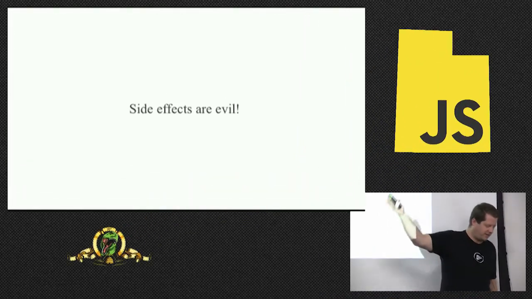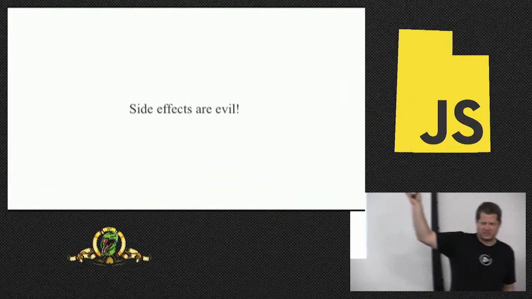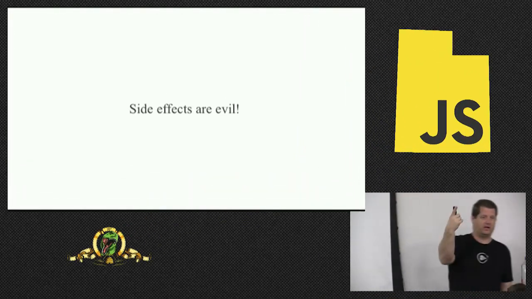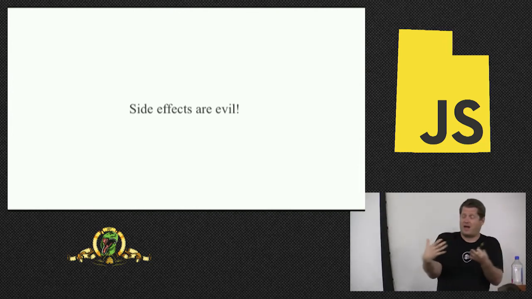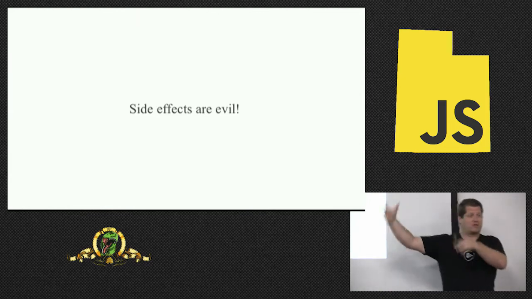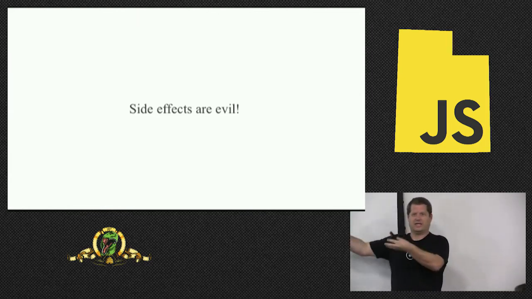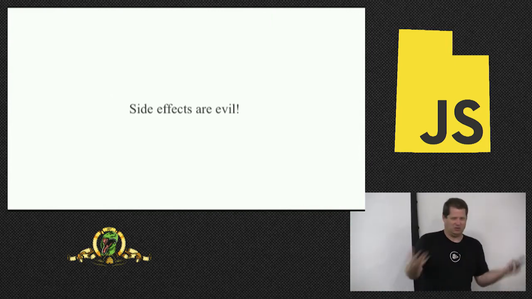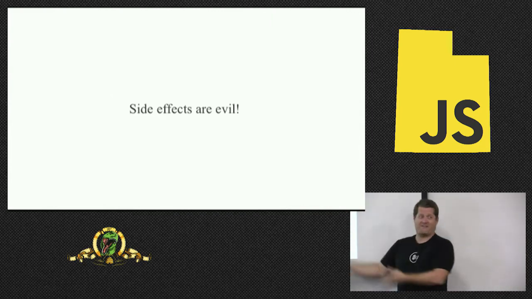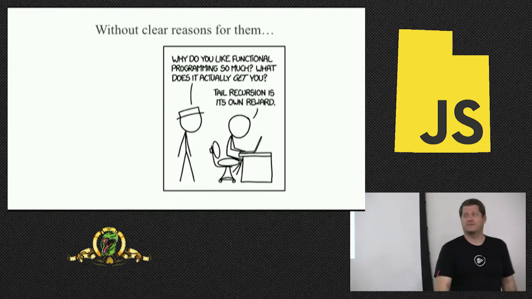This is the other big functional thing. Functions that have side effects are just horrible. One, they're not pure. But two, there's all this other random stuff going on. And my response to that typically is, yes, that other random stuff is the work that needs to get done. Right? I need to call APIs. I need to change values. I need to do all this stuff. Those are side effects. That's the whole point.